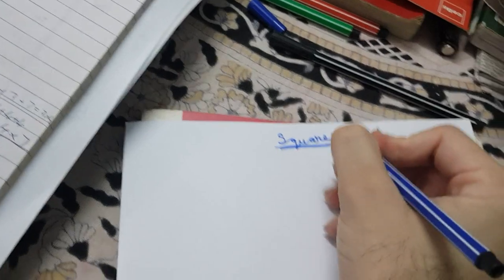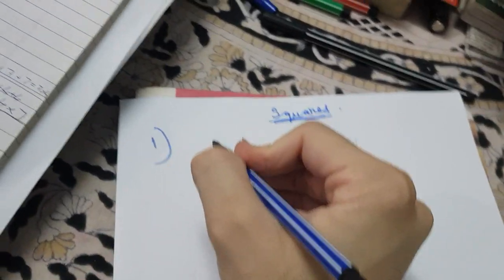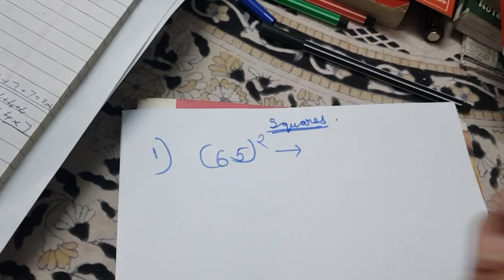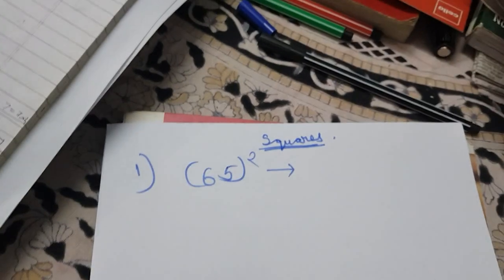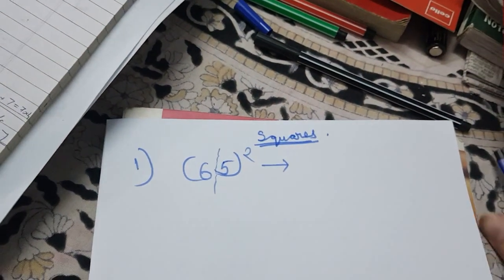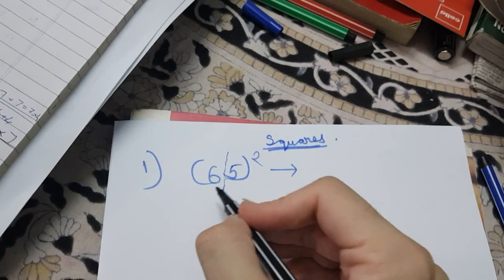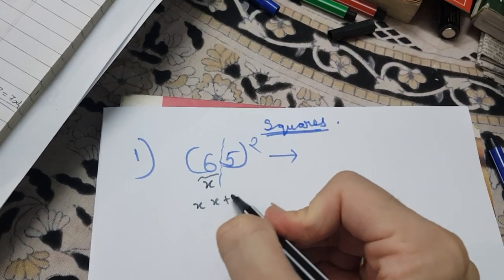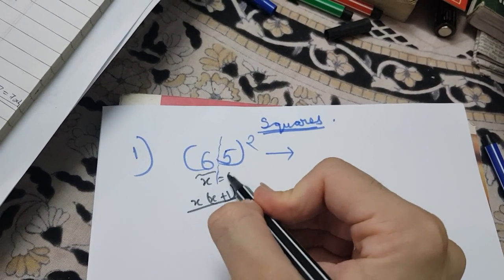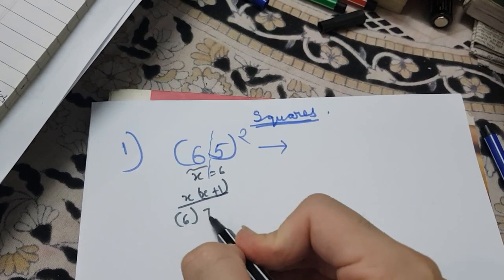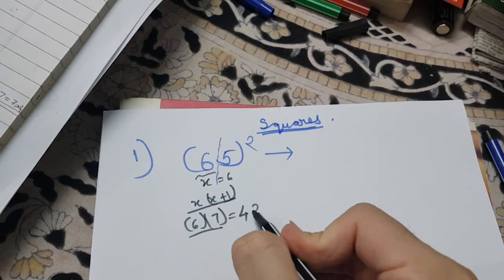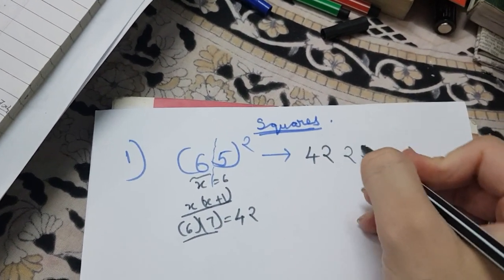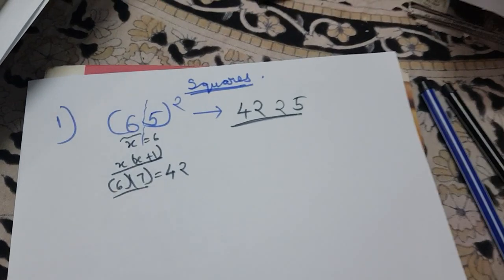You all know the basic multiplication, but we will do it in something different. Let us suppose, for example, we have 65 square. How do you solve it? In this we do one thing, we just break this apart, and let us suppose this is x. So we have a form, we will write this x into x plus 1. X here is equal to 6, so that means 6 into 6 plus 1, 7. If we multiply, you get an answer of 42. So you will write 42 here, and 5 square is 25. You can check it in your calculator. This is the answer that I am talking about.